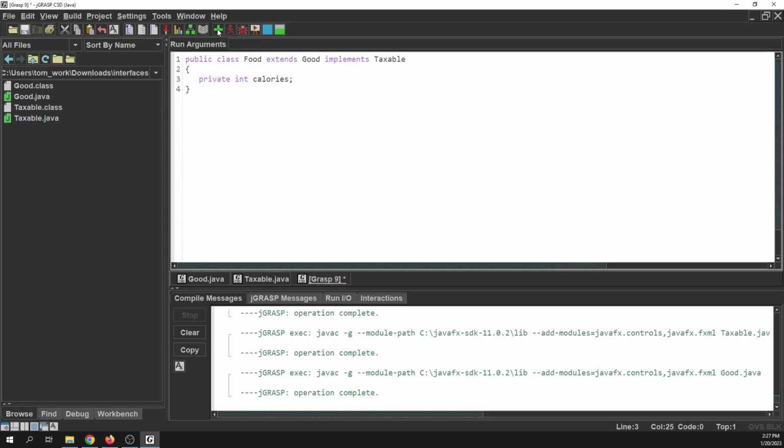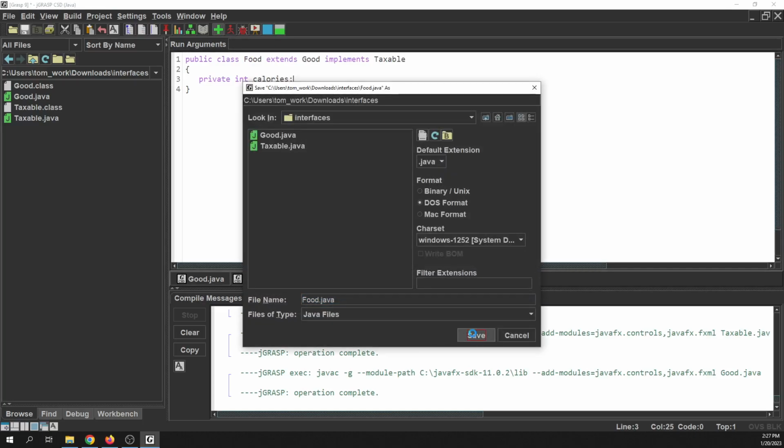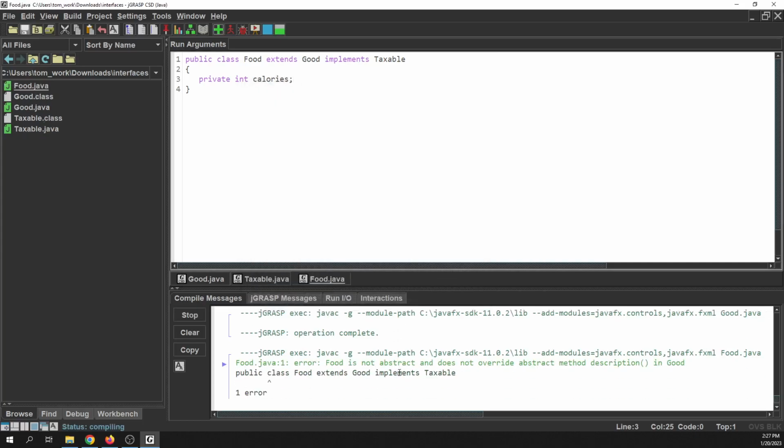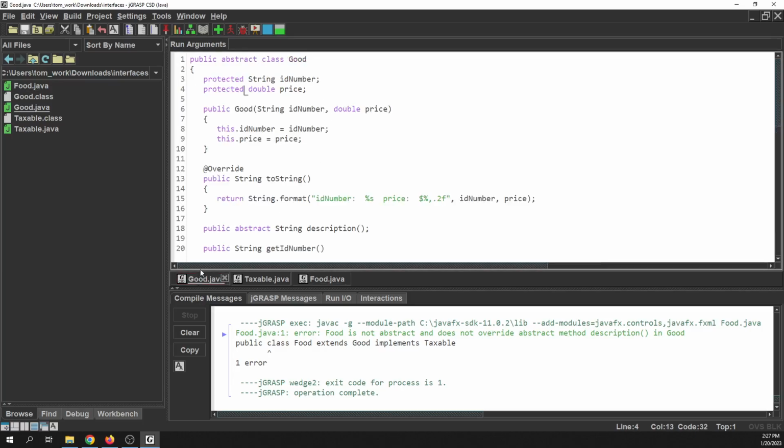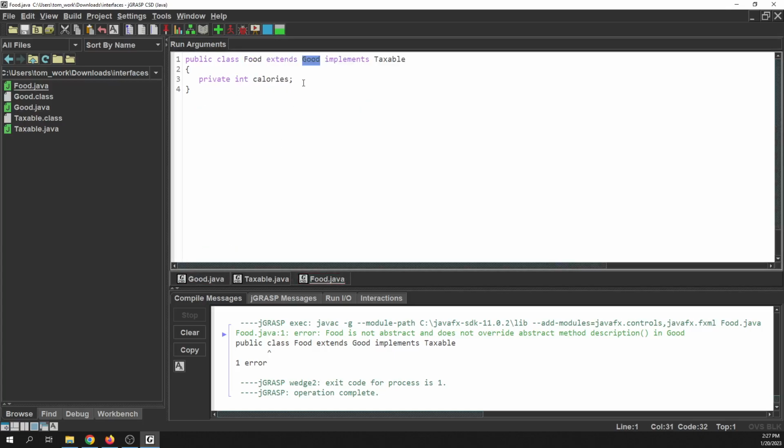Okay, so now we're ready to compile. We're going to get some errors when we compile this, right? This is not going to compile because there are some things we have to do first. Number one, it says Food is not abstract and does not override the abstract method description. In other words, Food is a child class of the Good class. Good has an abstract method called description. You either need to put an implementation of that, which is what we are going to do,